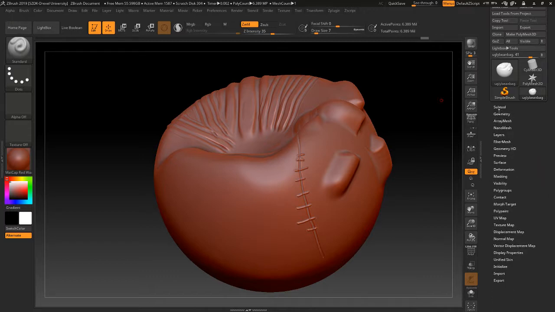Again, I actually find it really hard to sculpt cloth without using a tablet. I don't know why, the pressure sensitivity is really helpful. You can do it without, it's just hard. Alright, so once you're ready to actually export your mesh,